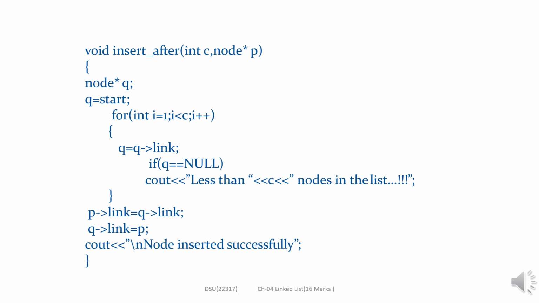void insert_after(integer c, node p) { node pointer q; q = start; for (integer i = 1; i < c; i++) { q = q->link; } if q is equal to null, print node is not in the list. Then p->link = q->link; q->link = p; print node successfully inserted. }